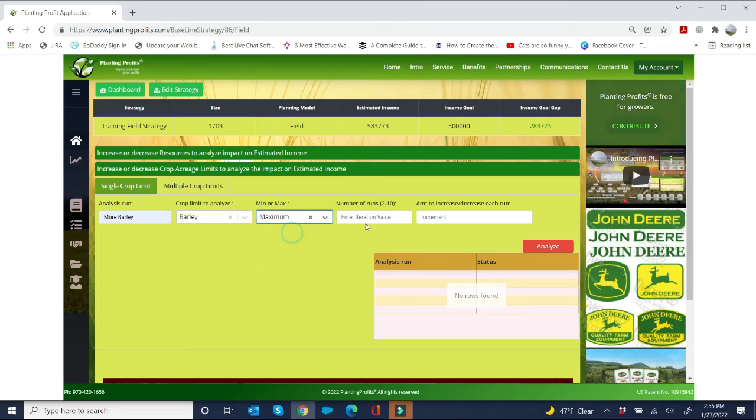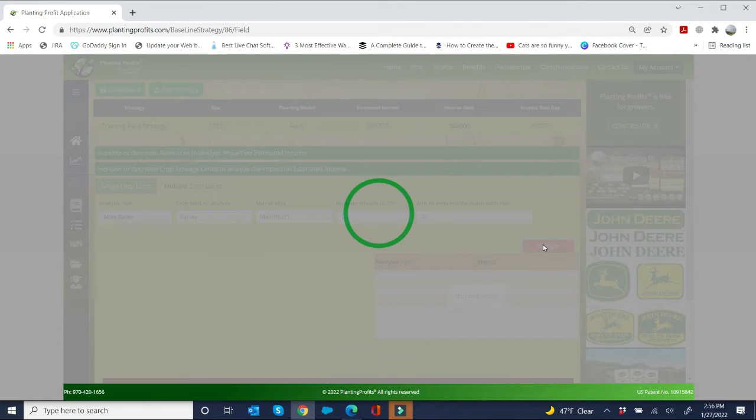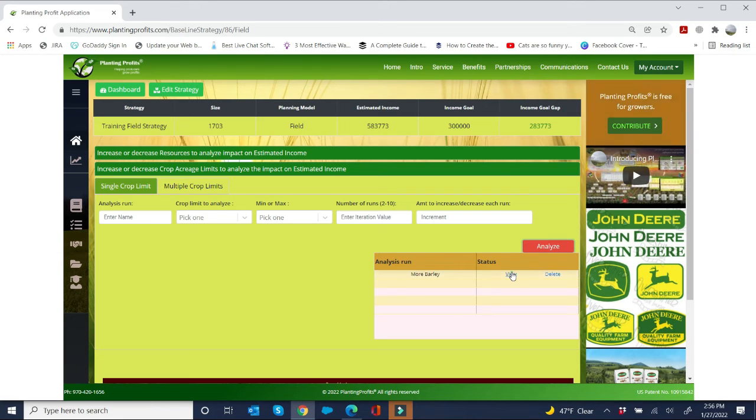We'll set the increment as 50 acres. Increments can be positive or negative. This means that the maximum acres of barley will be increased 5 times in 50-acre steps. We click Analyze. Here is the most profitable mix of crops, fields, acres, and resource use for increasing the maximum